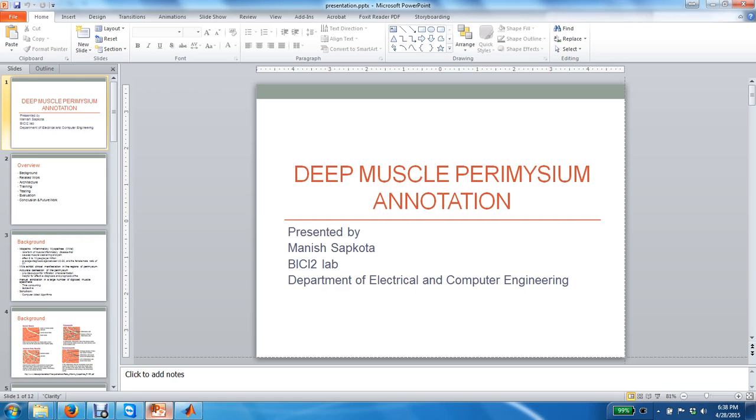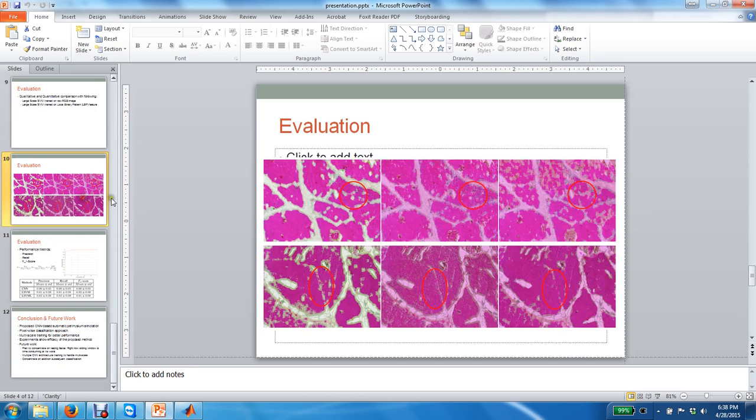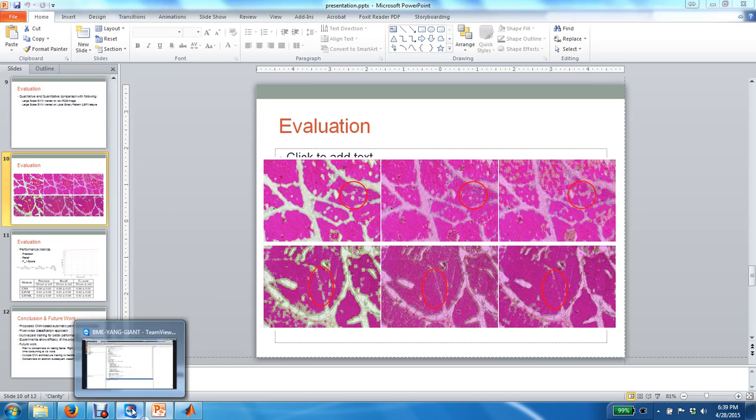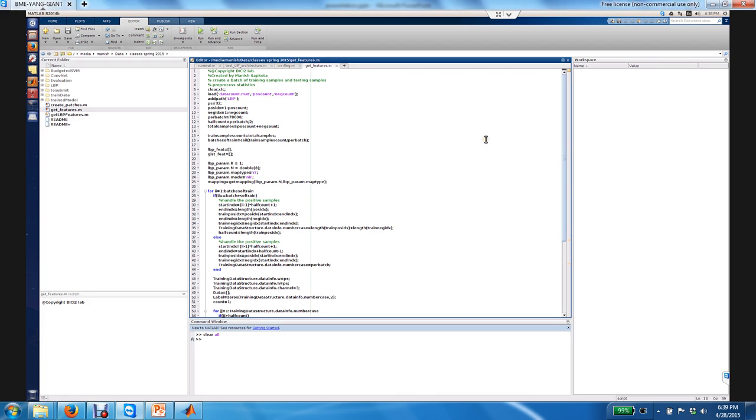Welcome back, everyone. This is a demo on the class project that I did, and I presented earlier in the earlier video. The Perry-Mason annotation. I will walk through some of the codes that I used and some of the test runs so that the code actually works. So here I am connected to my lab desktop